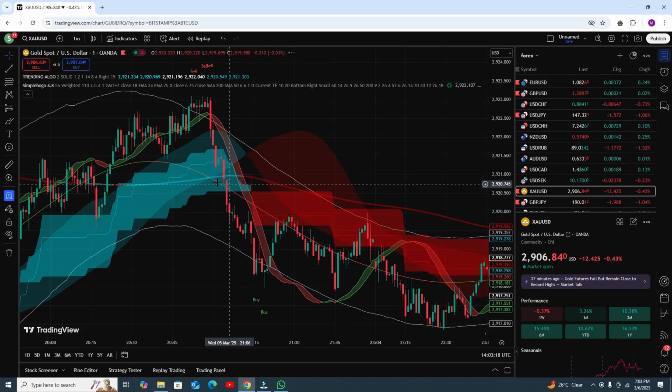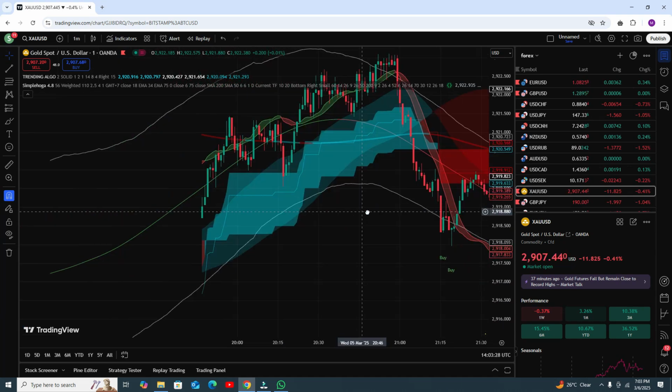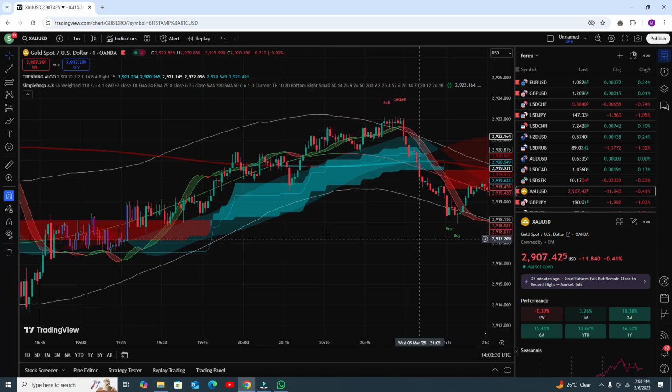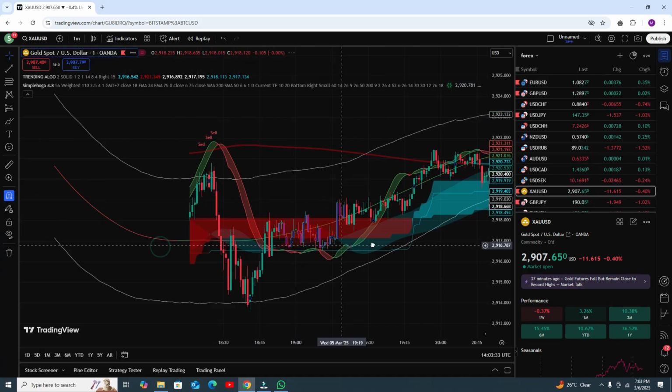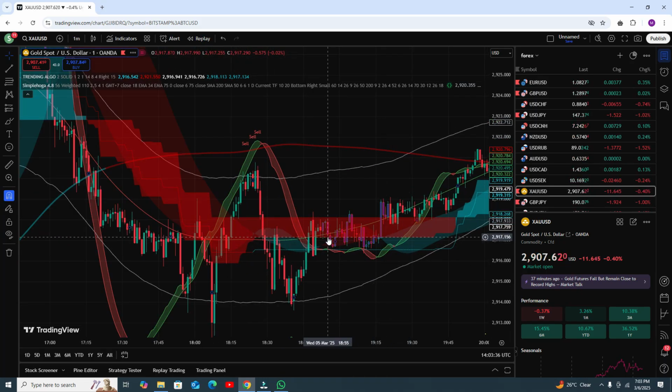Okay, and let me give you more examples. Here the trend line is red, so this is not our trade. Do not trade. We need to open our buy and sell positions at a safe point, and not take any risk. That is a strong sell condition and your target is hit. Now trading is easy for you, just follow the rules. And now I need to tell you that the indicator works perfectly fine on all time frames.